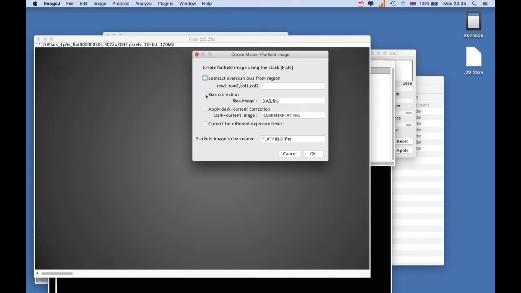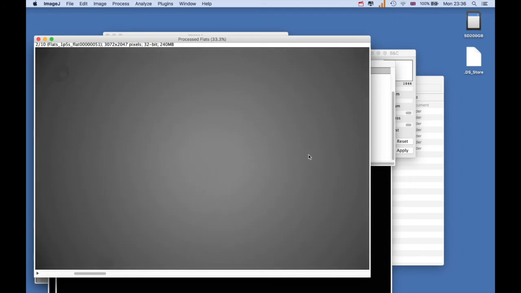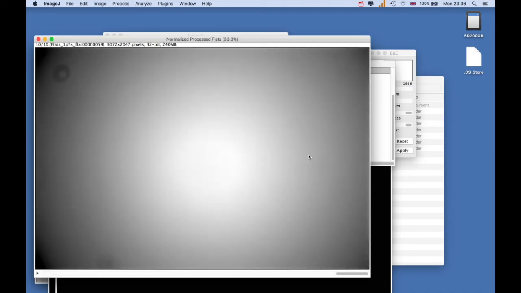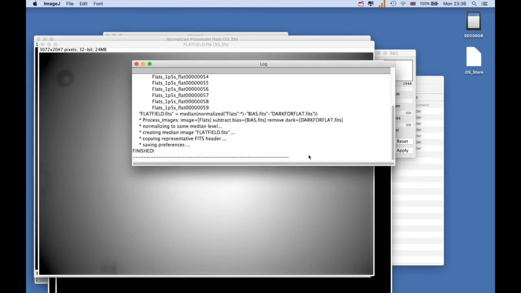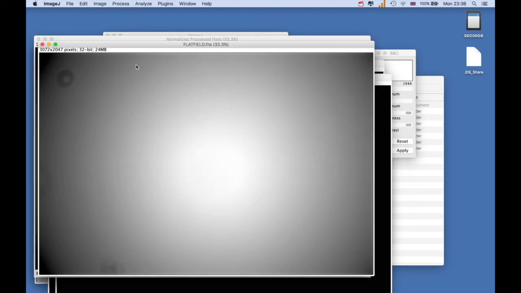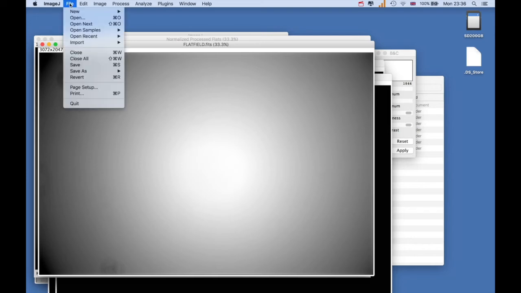So what we're going to do here is we're going to do bias correction with the master bias frame, and then we're going to apply the dark correction with the dark for flat, which we've already created. And the flat field image to be created we're going to call flat field.fits. Press OK. And there we have it. The master flat's been created, the log file says it's finished successfully, and we'll close that and we'll save the flat file